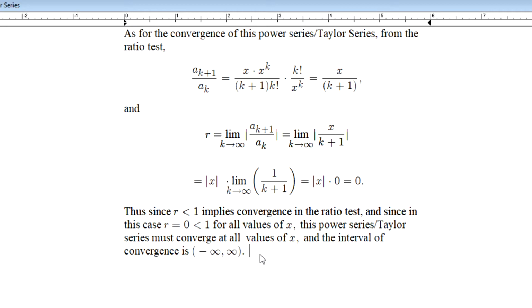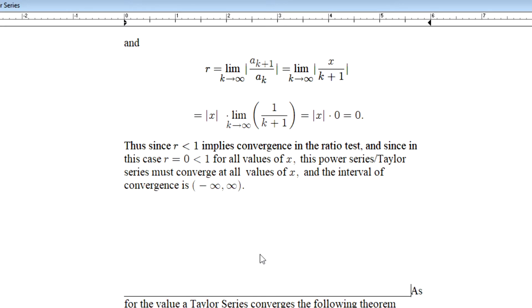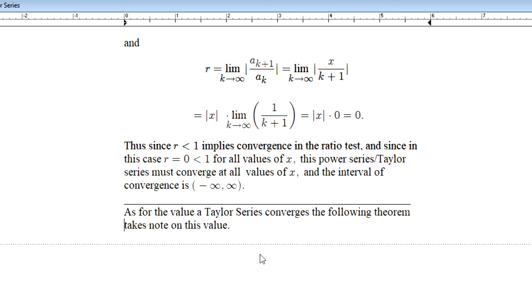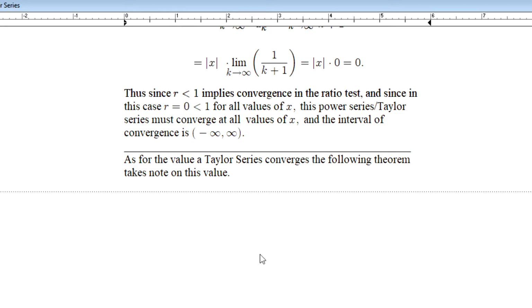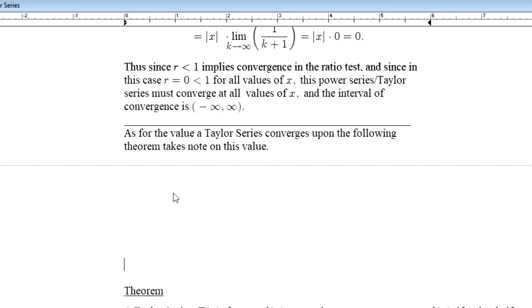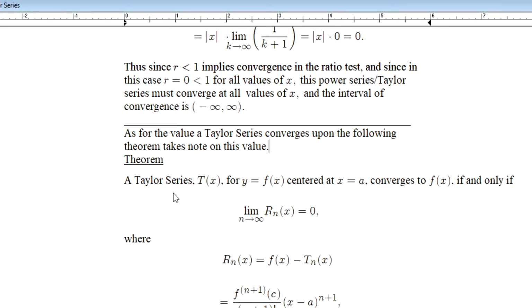Now, all this tells me is that I converge everywhere. What it doesn't necessarily tell me is where I converge to. What has been suggested in terms of where we converge to, and what I take note of here, as for the value a Taylor series converges upon, is that the following theorem takes note of this value. This theorem states